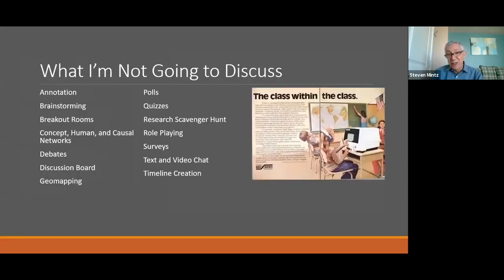Now, there are many ways to do this, and here are a few of the ways that I'm not going to talk about today, but that I will share with you in some online documentation. We can annotate texts, we can brainstorm solutions and hypotheses, we can create breakout rooms for our students, we can do concept, human, causal network mapping, we can conduct debates, use a discussion board, geomap data, conduct polls and quizzes,